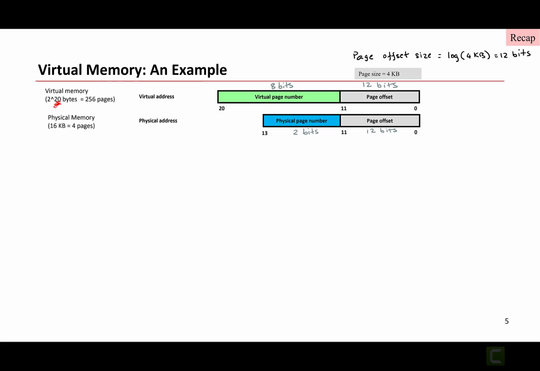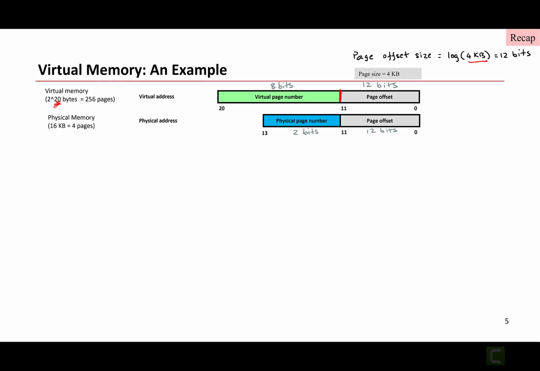Now, we also talked about how the virtual memory is divided into pages, much like how we divided memory into cache blocks before. For the purpose of main memory management, we are going to divide it into much larger blocks, typically 4 kilobytes in size. What that means is the lower order bits of the virtual address are now going to be treated as the page offset, meaning the last 12 bits are going to be used to index into a page and grab data out of it. If you have a page size of 4 kilobytes, you need 12 bits from your virtual